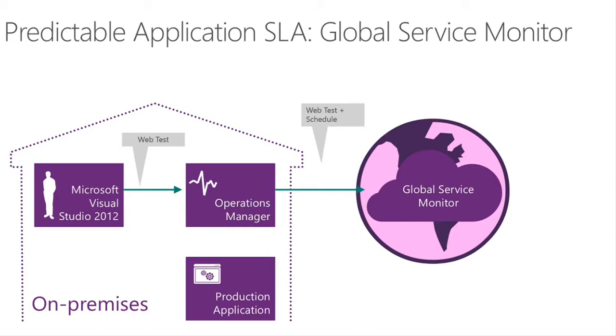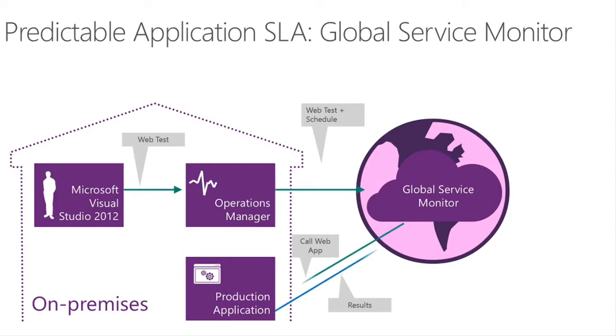So our concept here is Operations Manager instructs our Global Service Monitor which application endpoints to invoke with which web tests, along with a schedule. And then once configured, Global Service Monitor calls the production web application according to the schedule and then returns the results to the on-premise Operations Manager for display alongside other monitoring data on the application gathering within the organization's private